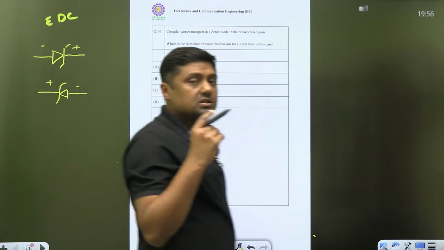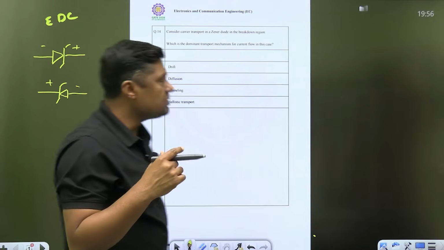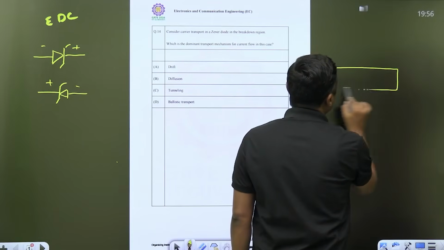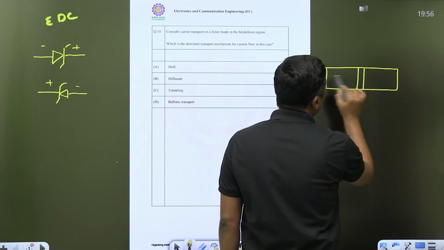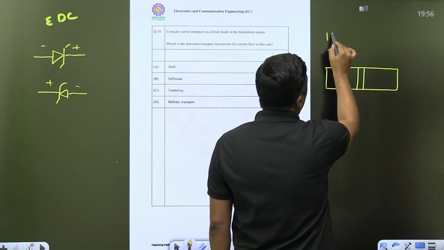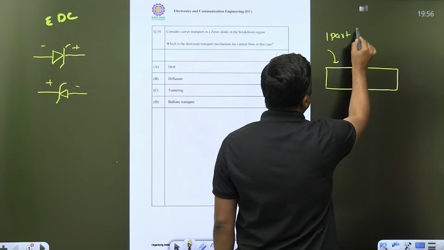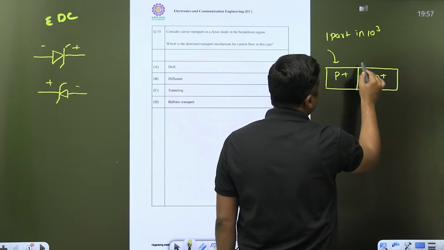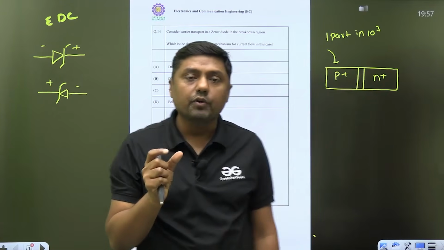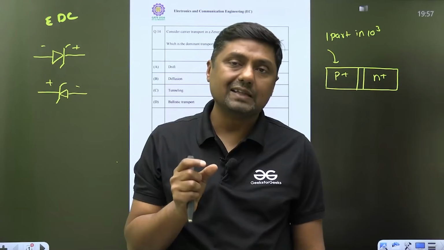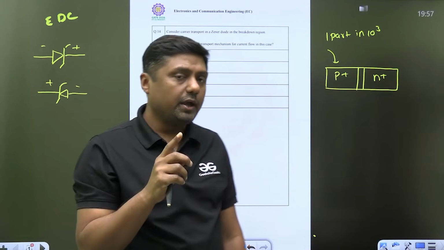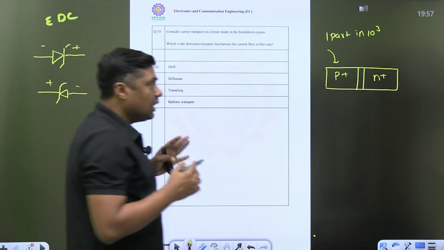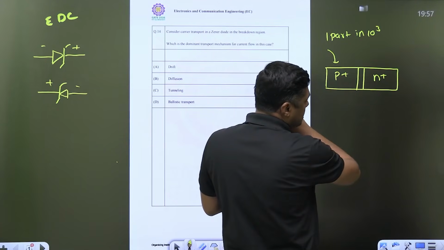Okay, now what is the Zener mechanism? Zener mechanism means when the doping is very high. When the doping is very high, what about the depletion layer? Very thin. This is 1 part in 10 raised to power 3. That is the doping profile. This is the P positive and that is the N positive. Because of that, the width of the depletion layer is very thin, in the range of what? Angstrom. And that's why there will be what? Tunneling phenomena. Tunneling means the charge particle will make a tunnel and pass through from P side to N side